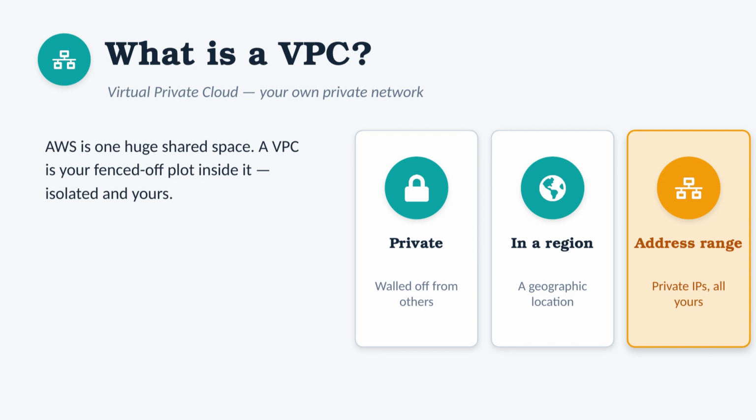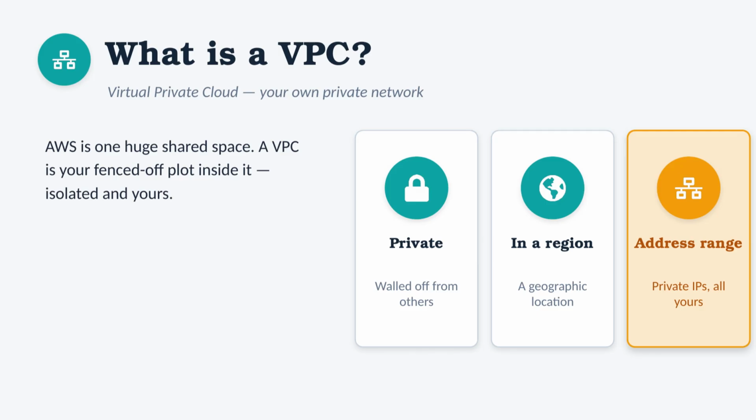VPC stands for Virtual Private Cloud. It's your own private, isolated section of the AWS cloud, a network that belongs to you and nobody else. Here's the mental model. AWS is one enormous shared space used by millions of customers. A VPC is your fenced-off plot of land inside it. What you put in your VPC is yours, walled off from everyone else's, even though it all runs on the